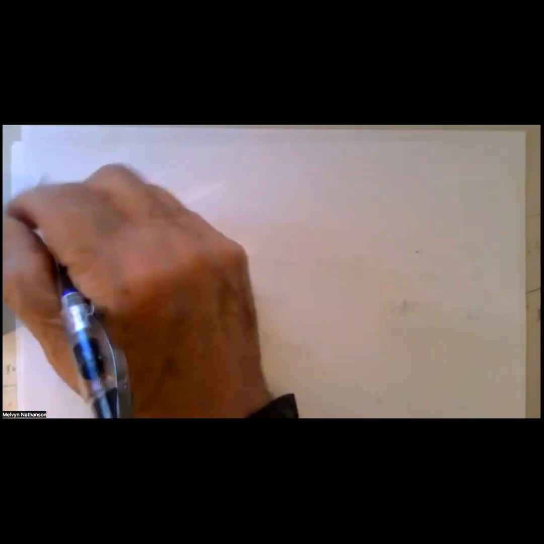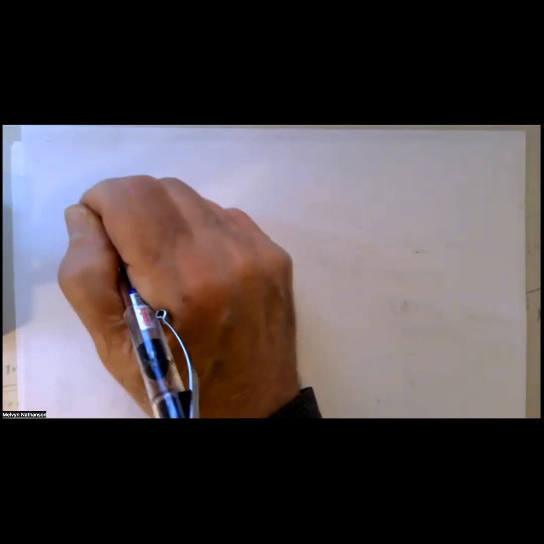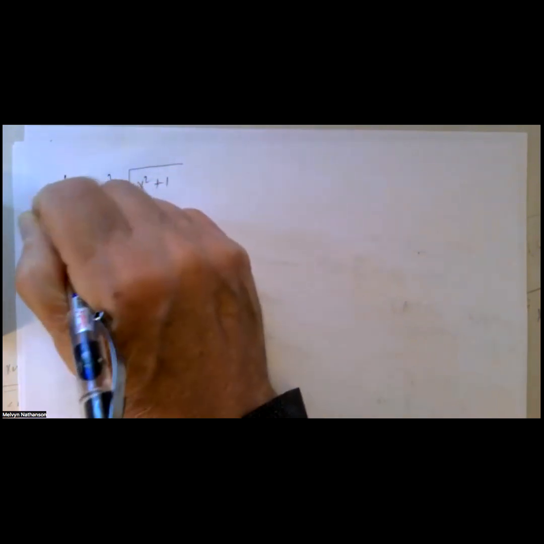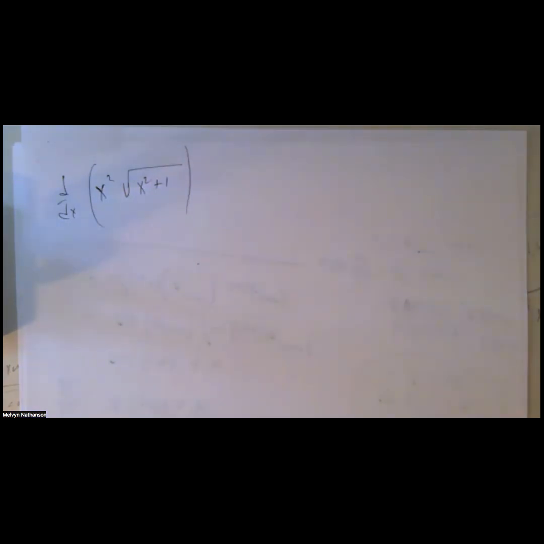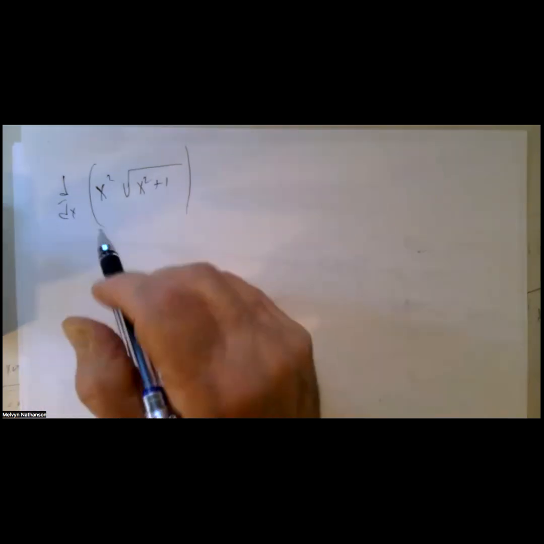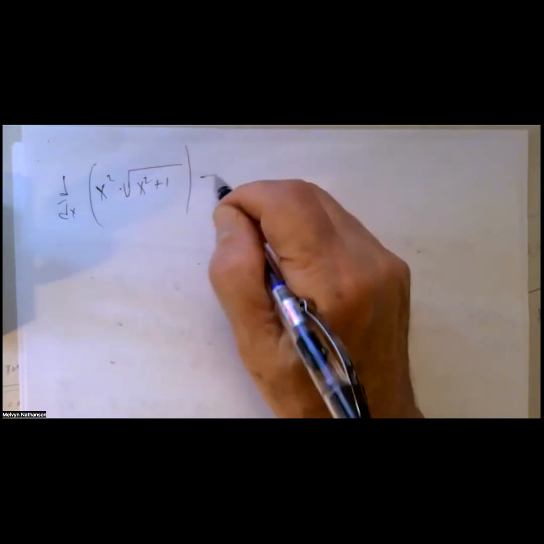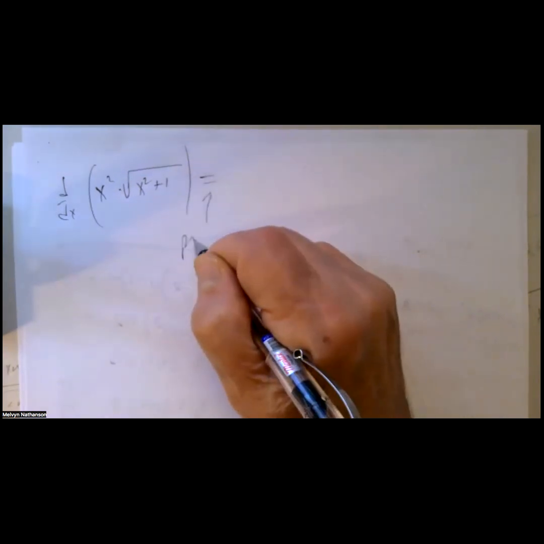Okay, let's do another example. Suppose I have the function x squared times the square root of x squared plus 1, and I want to find the derivative. This is, again, a complicated function, but if you look at it, first of all, it's a product of two functions. So if I use the product rule here,